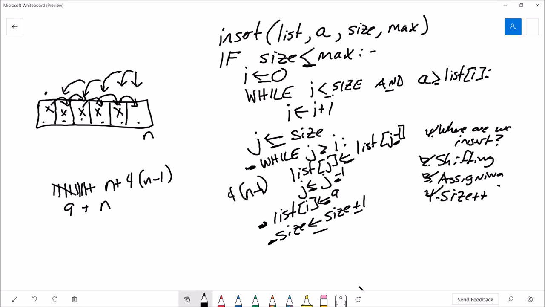9 plus n plus 4n minus 1. Well, I have to distribute it: 4n minus 4. Okay, let's total that all up. What do we got? 5n plus 5. So the total number of operations of our algorithm here is going to be big O of 5n plus 5, which